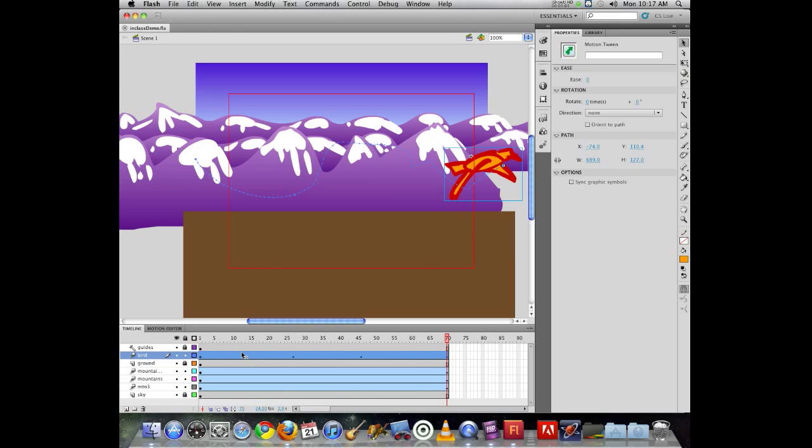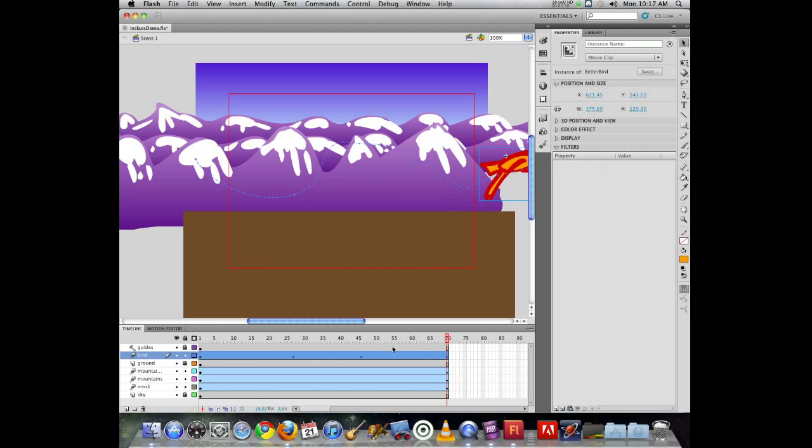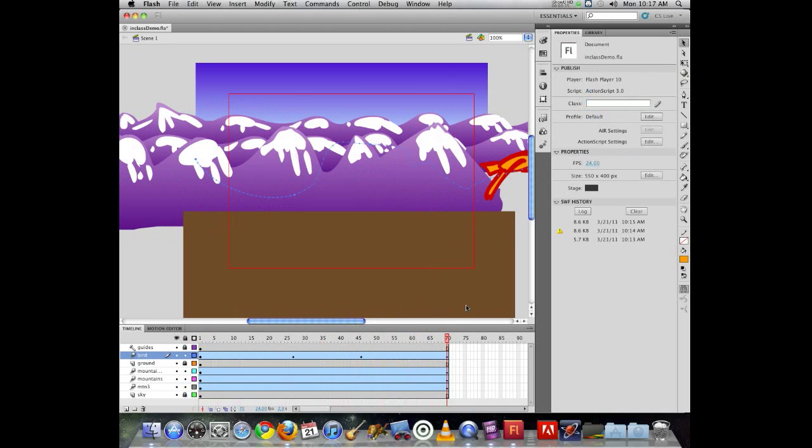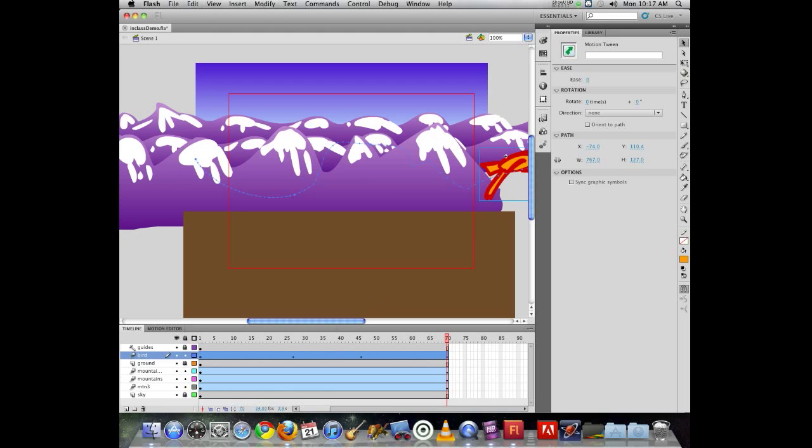All right. Currently my bird flies around, and I'm going to make it so his final position is that he lands off screen. So now the bird's off screen, flies across, and is off screen. Now, if I want to have the mountain stop moving and have the bird come back,